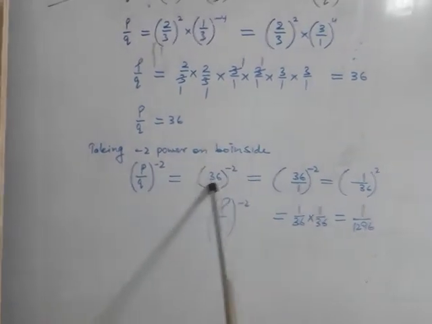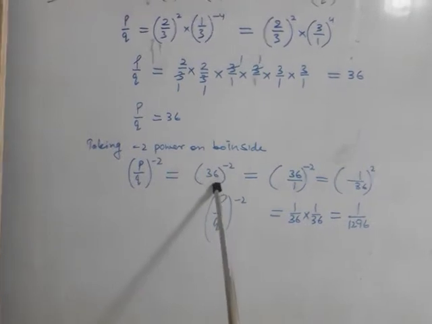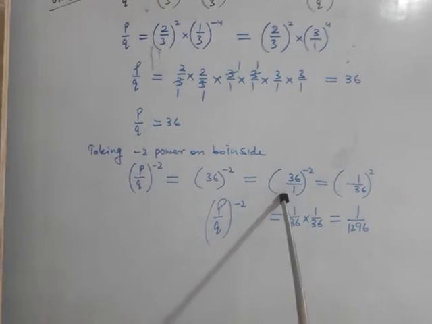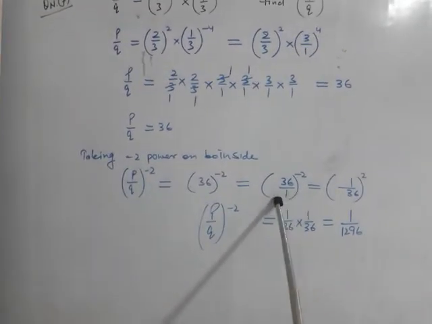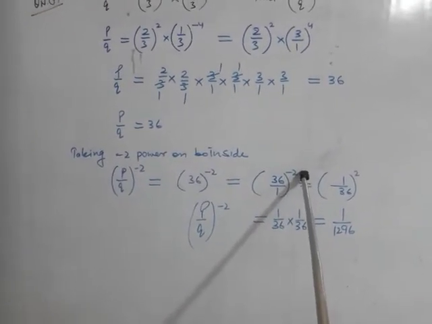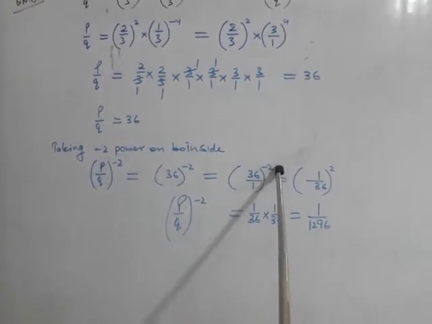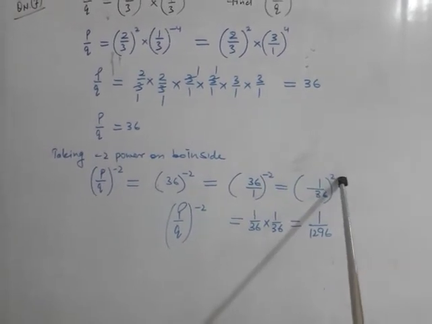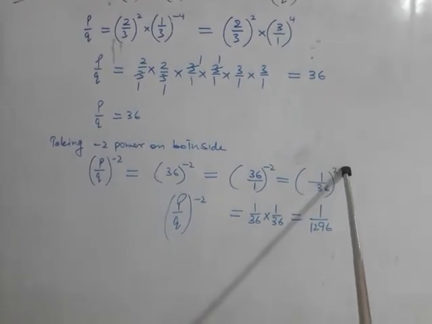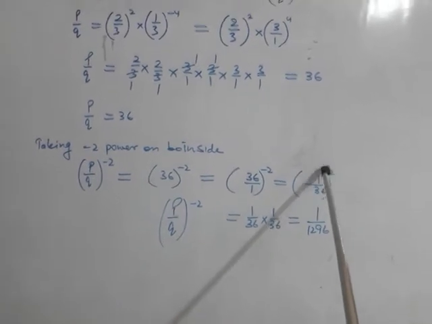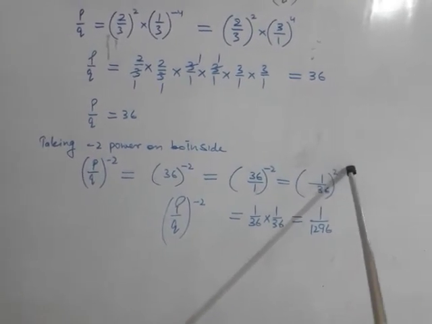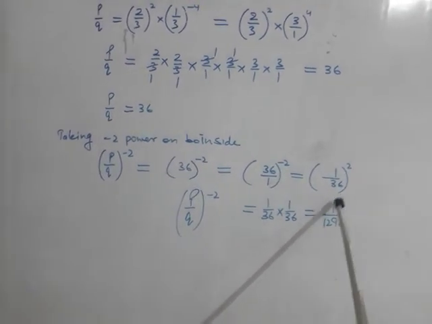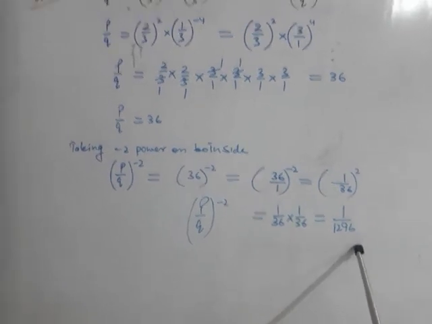Now you can see this number is again with a negative exponent. So I write 36 over 1 to complete it in rational number form, to the power minus 2. Now, in order to make this negative exponent positive, change it into positive exponent by taking the reciprocal of 36 over 1, which is 1 over 36. The power minus 2 changes to plus 2. So you got (1 over 36) to the power 2, which means this 1 over 36 can be written twice. 1 over 36 into 1 over 36, you'll get the answer 1 over 1296. So this is your answer.